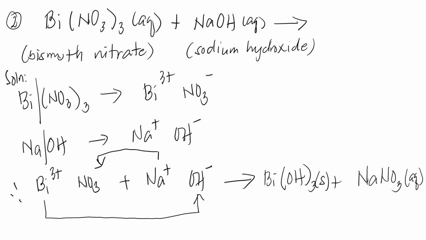So now that we have the products, we are ready to determine again if both of them will be aqueous or one of them will be a precipitate. So go back to the solubility chart and check the intersection between bismuth and hydroxide and the intersection between sodium and nitrate. After checking your solubility chart, the intersection between bismuth and hydroxide will proceed to, we have here,